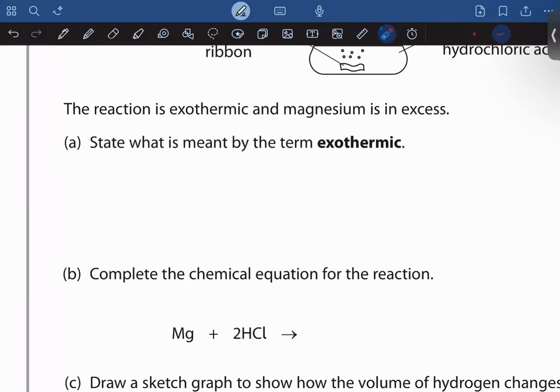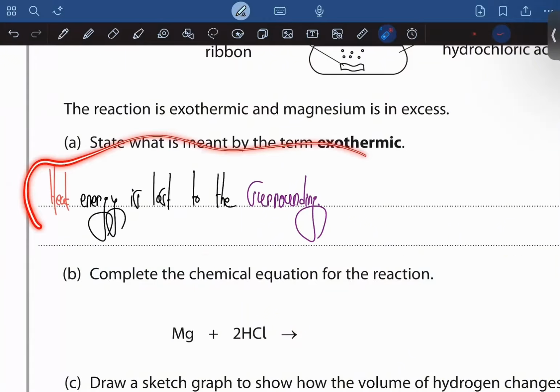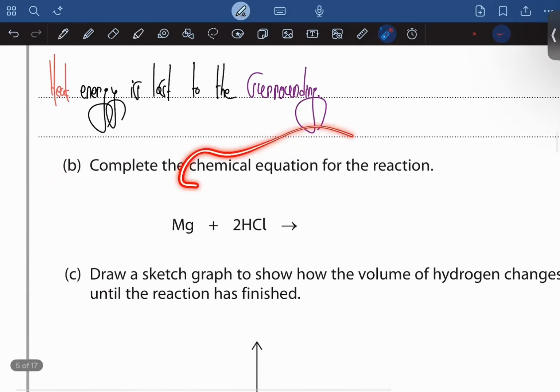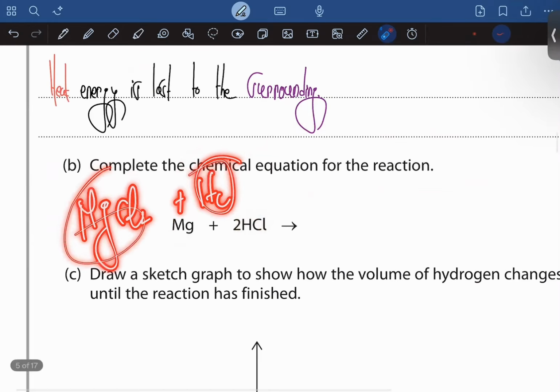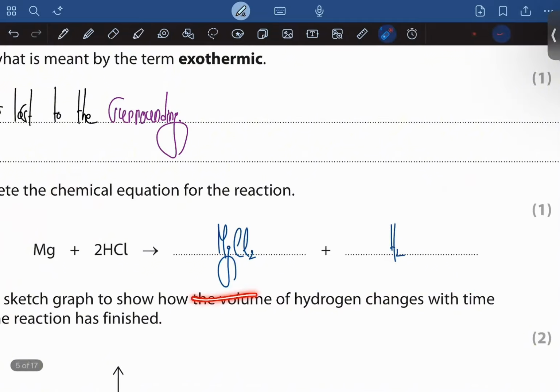Now, what do you mean by something that is exothermic? As I said, heat is lost to the surrounding, or heat is given out or released to the surrounding. Now, this thing, energy, isn't really mandatory. You could say that, that's completely fine, and you could even say heat is released to the surrounding or lost to the surrounding. It doesn't really matter. Now complete the chemical equation. So this plus this would lead to the formation of MgCl2 plus hydrogen, and you have to make sure that the equation is balanced as well. So yeah,